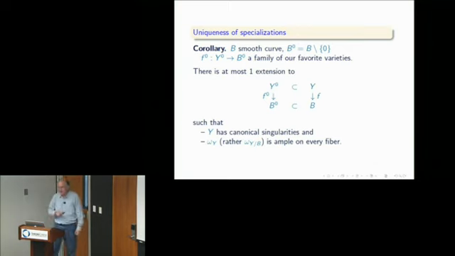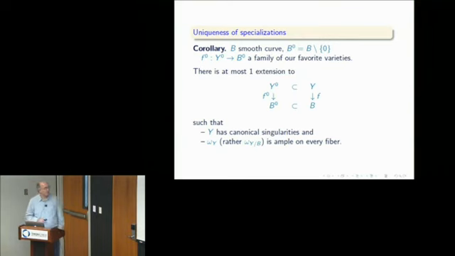And then the claim is that there is at most one extension with the property that Y, the total space, has canonical singularity, and omega Y,